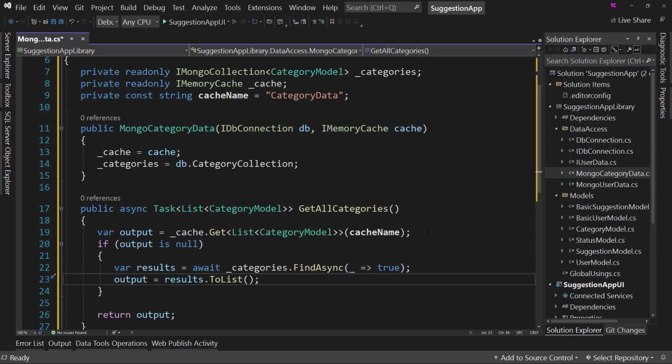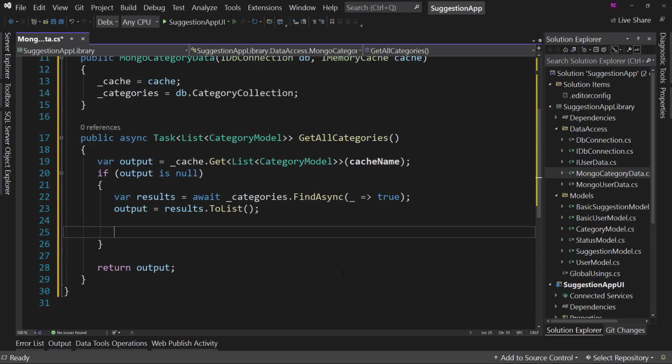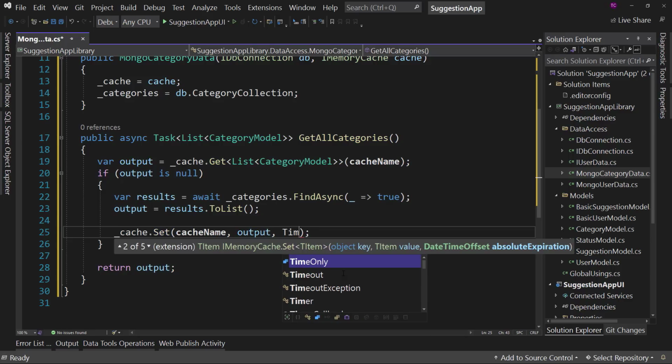Okay, so if the output was null, that means it did not find it in the cache. Therefore, we have to put this data in the cache. Therefore, cache.Set will pass in the cache name and the output. I also want to give it a time span